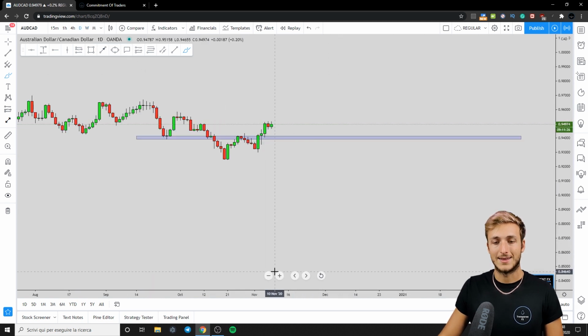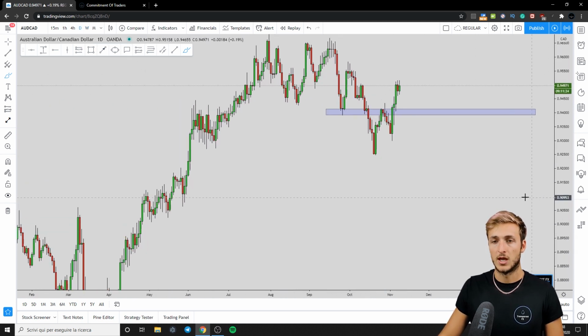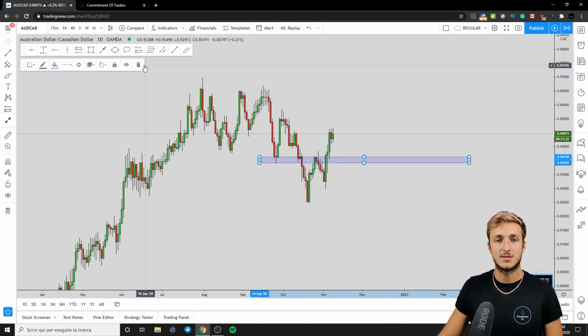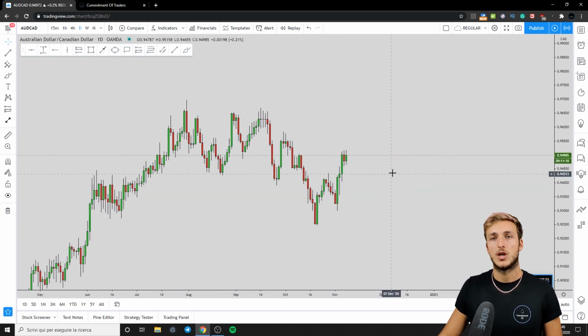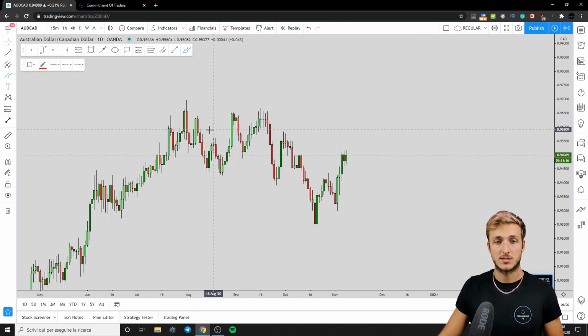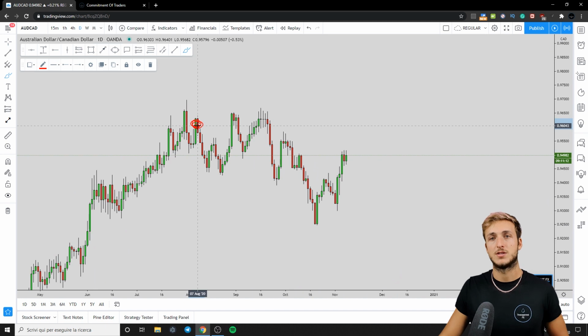Going down to the daily perspective, what can we see? Now on the daily time frame, the market has been providing some quite clean price action. We did speak about AUD CAD quite a few times in the past. We spoke about it when the market was here. I made a full breakdown explaining all the reasons for which from here we wanted to see the market create